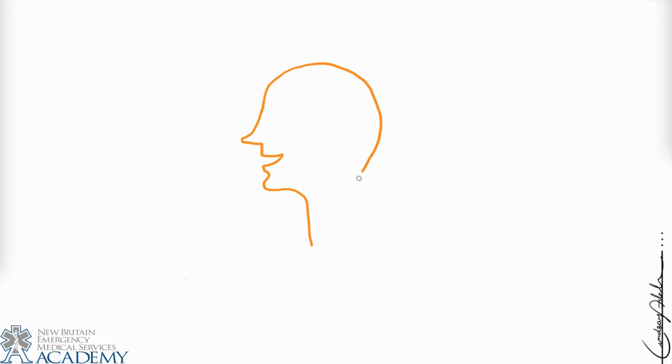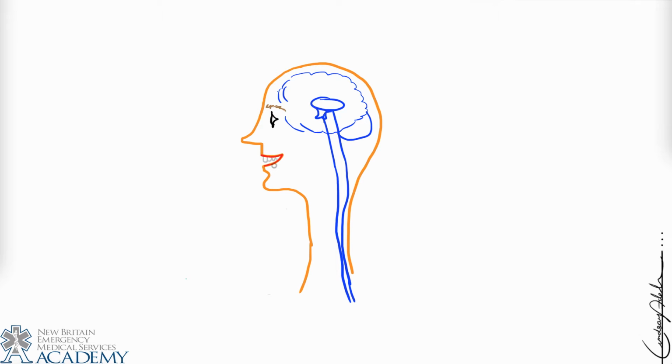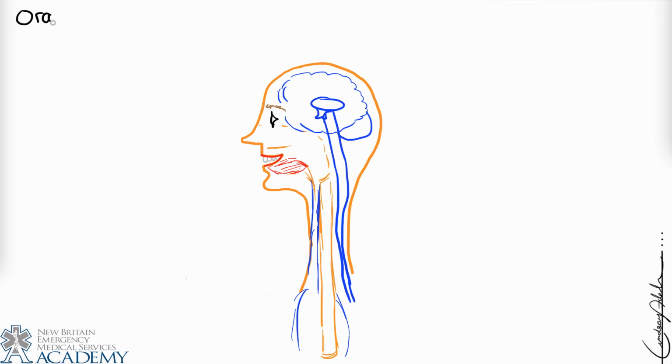Everyone. In this video, we're going to describe some of the functions related to digestion that occur in the oral cavity and in the esophagus. So we'll start by just sort of drawing a person and checking out the relationship between many of the structures, including the structures of the digestive tract as well as the neural structures that will control some of the events